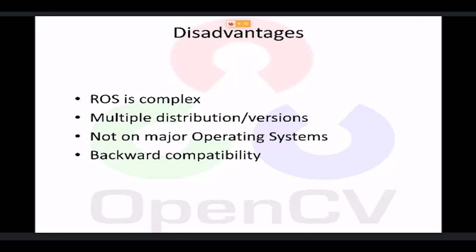The disadvantage of using ROS is that it is complex to understand, and there are multiple distributions and versions of ROS available. This results in problems of backward compatibility between the versions. And if we talk about ROS 2, it is not available across all the operating systems right now, and the developed software is still glitchy. Along with that, if we are dealing with heavy graphics in the designing of a robot, then we need a good GPU and CPU, which results in the cost of hardware. So we need to use good ray tracing hardware.